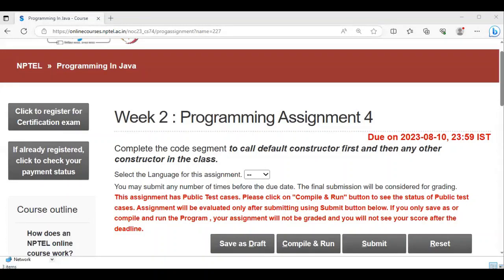Hi students, we have come up with one more assignment. The assignment is week 2 programming assignment and the assignment number is 4. Okay, so week 2 assignment number 4. So let us go with the